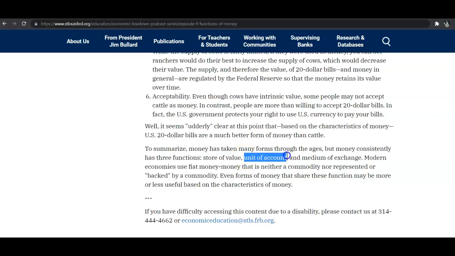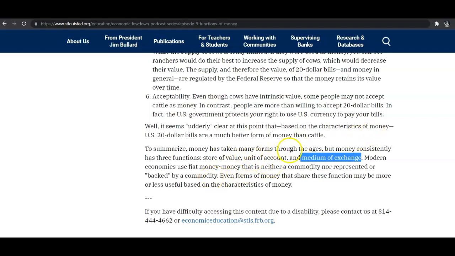We've got a unit of account. So this gets more into just the basics of accounting so that we can have a divisible unit. It's hard to divide up a cow unless you actually kill it. So a unit of account that can be divisible and passed around is a very useful thing. And then a medium of exchange, which is probably what most people intuitively think of as the use case for money. Everybody's used to paying their bills and getting a paycheck, what have you. So all of that is an exchange of value.